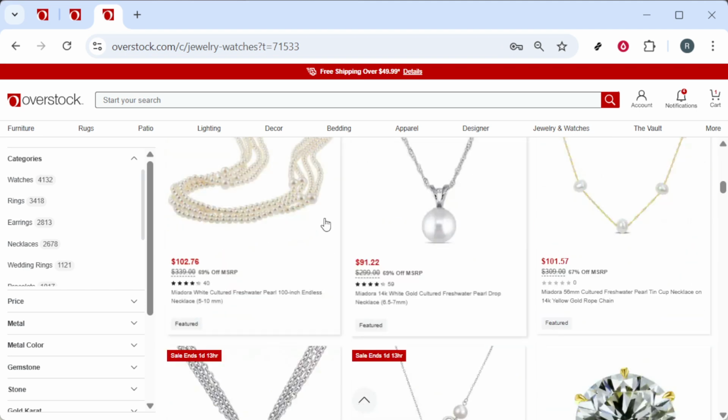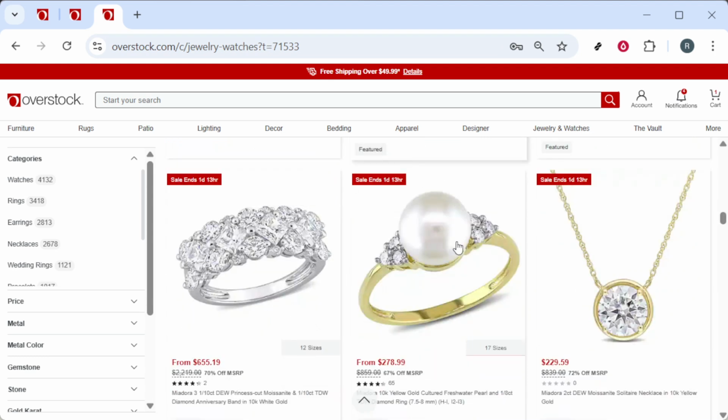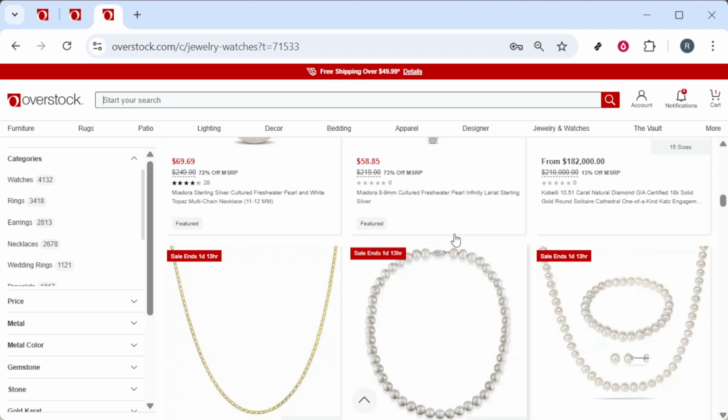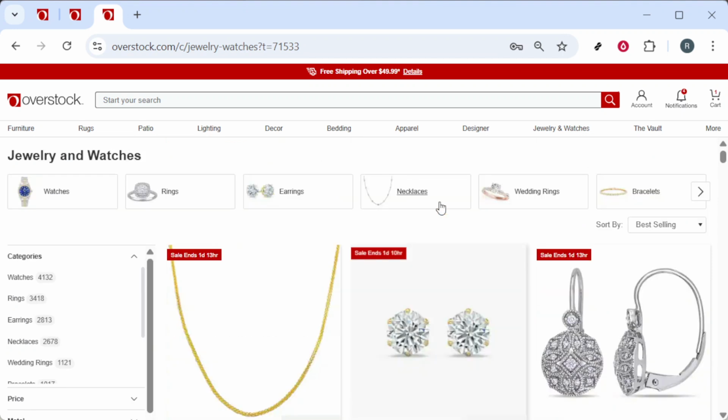You can also change the sort option to see the newest items, best sellers, top rated products, or the best deals first. As you browse, look for helpful badges like sale tags or free shipping notes. If you're not ready to buy, many products